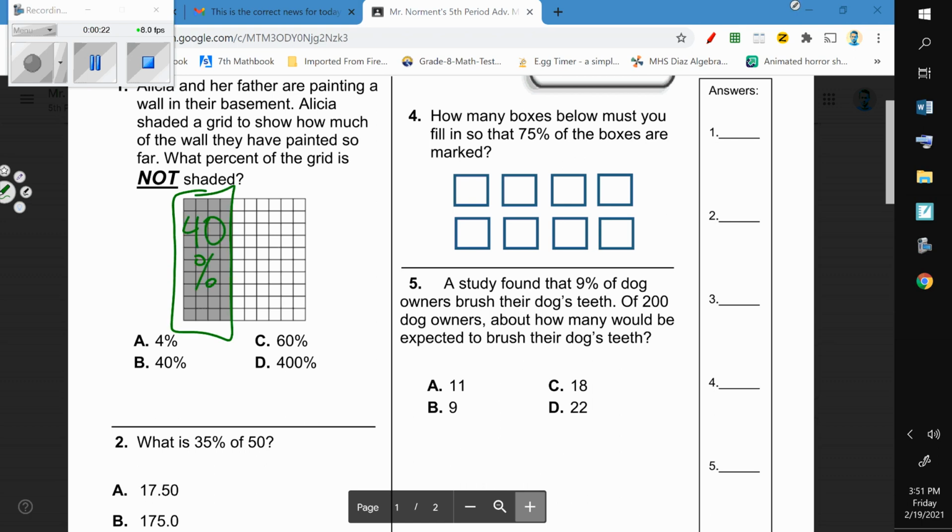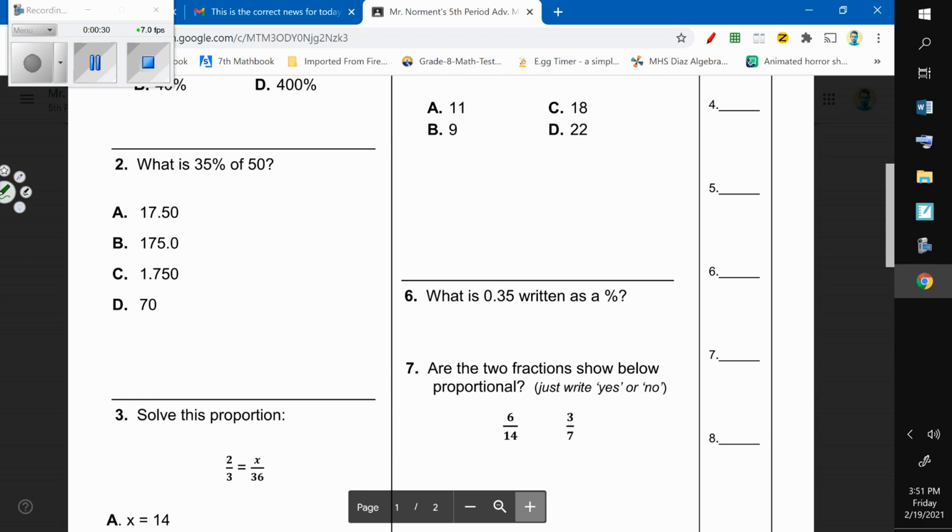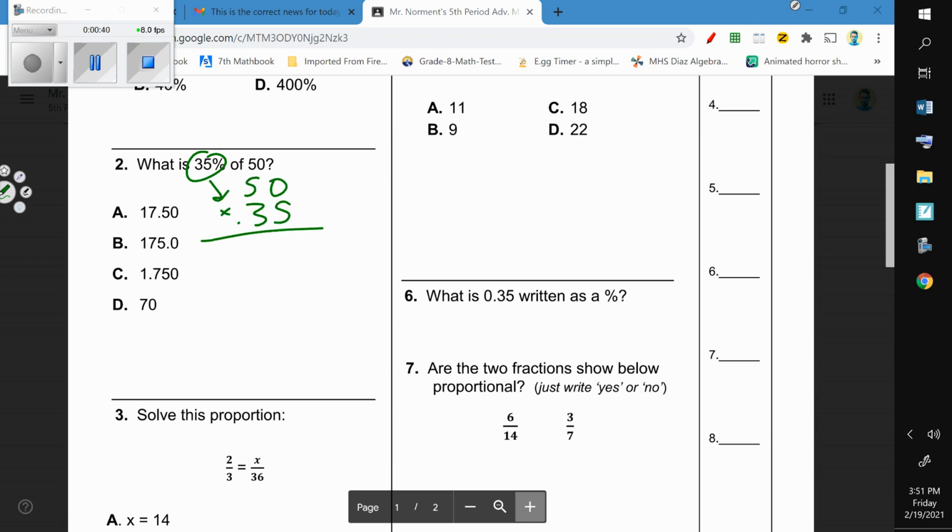So if 40% is shaded, the question is how much is not? And most of you got that right, so I'm pretty sure that's not going to be a problem for you guys. Number 2, what's 35% of 50? Two ways to solve this. You can convert this to a decimal and then multiply times 50, or you can set up a proportion, putting